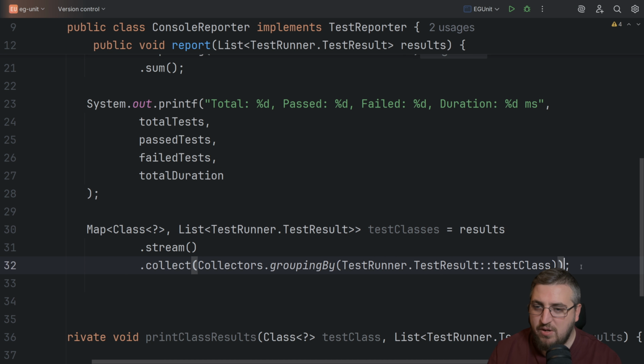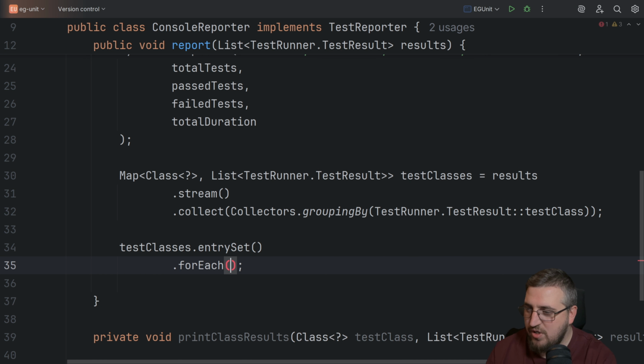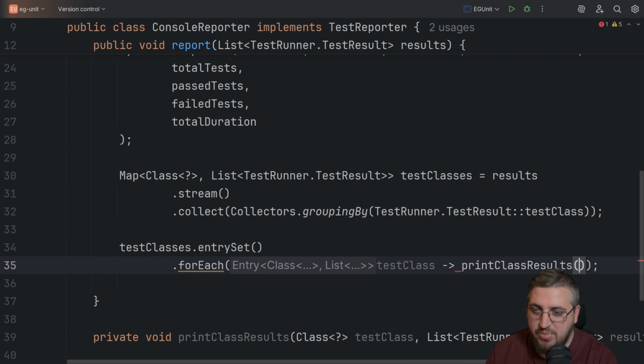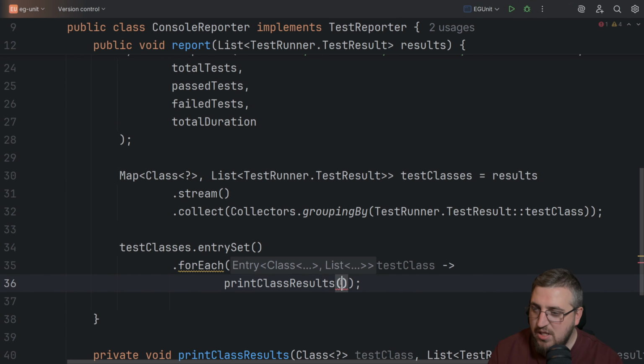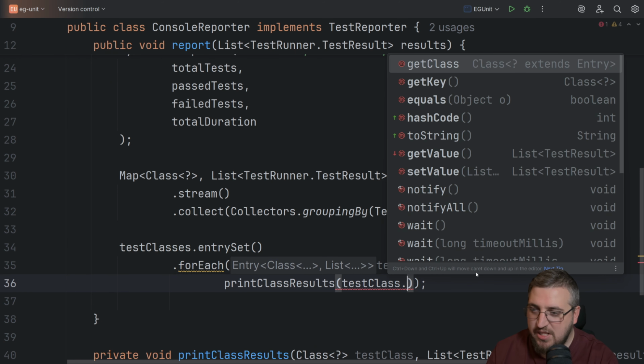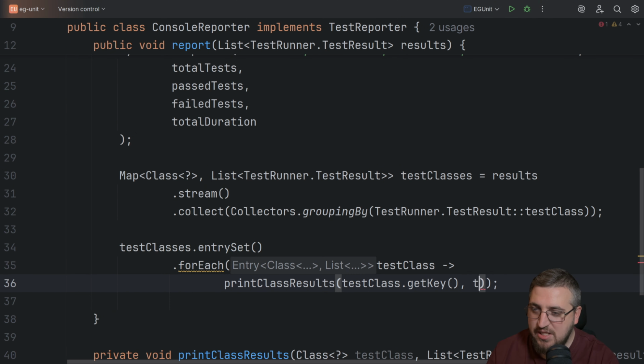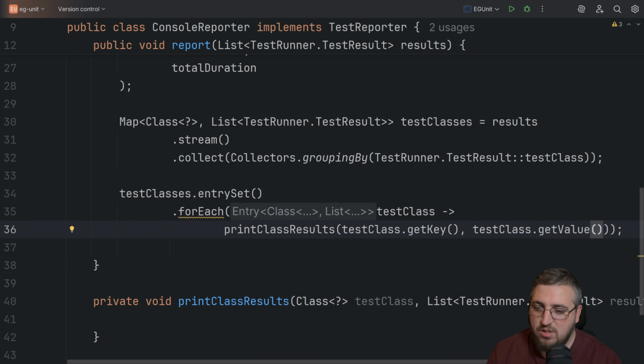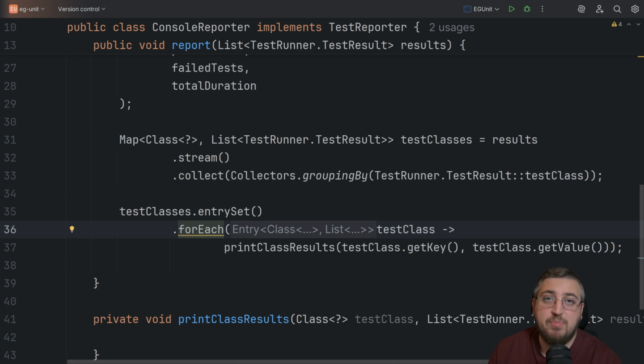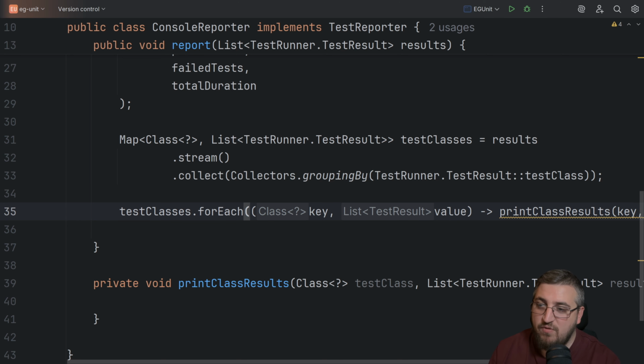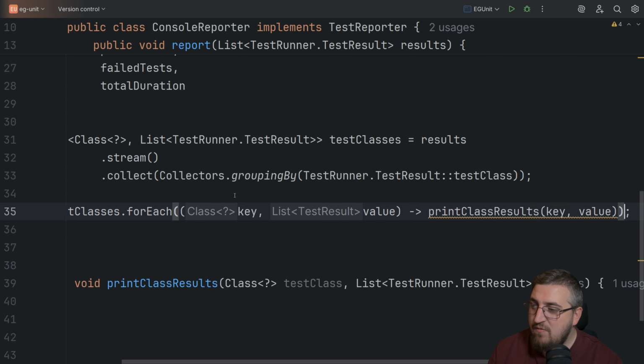Okay, so we now have gathered that information. For each test class, I would like to execute this print class results and provide from the test class key, which will be our class, and test class value, which will be our list of results. This actually can be replaced with a simple for each, which would be much better since we have a key and a value extracted already, but I want to do